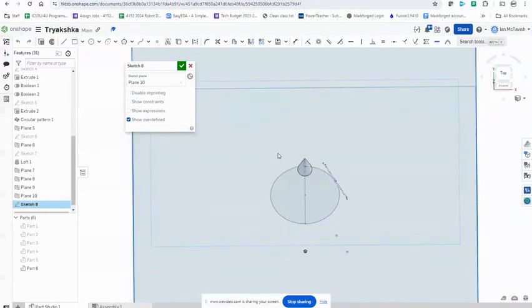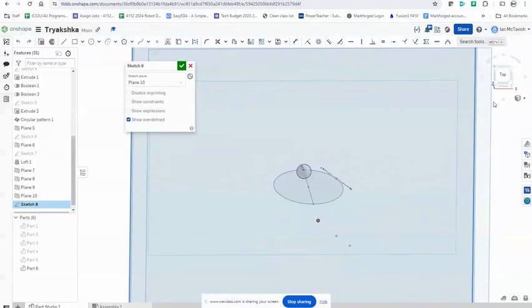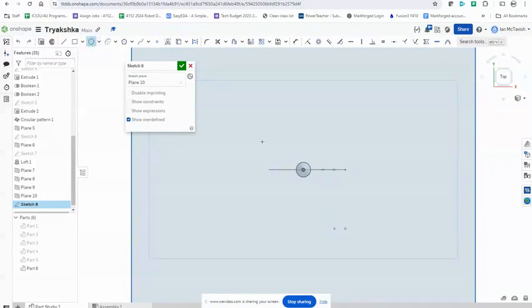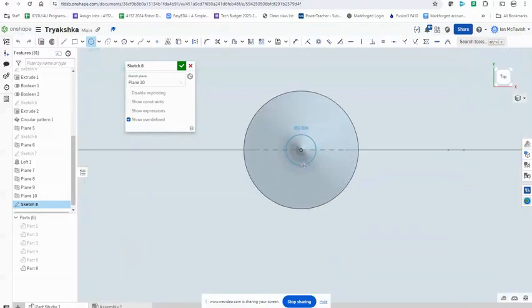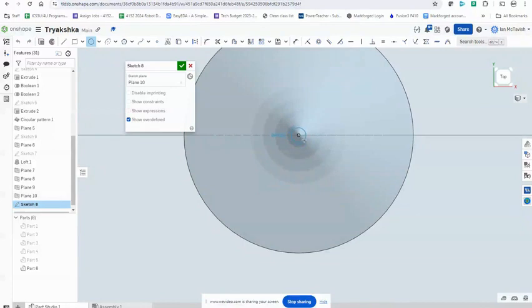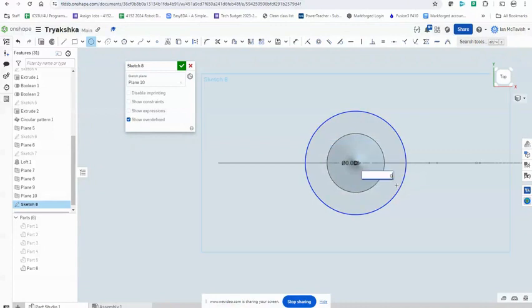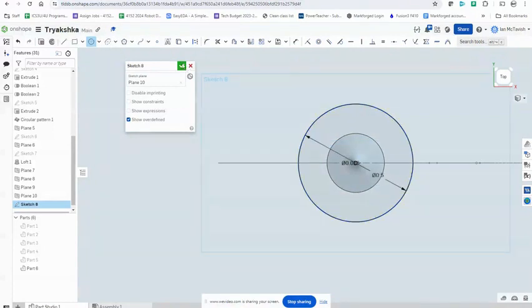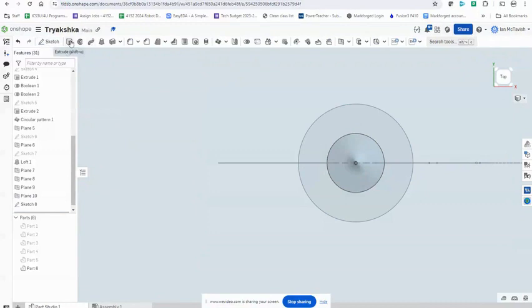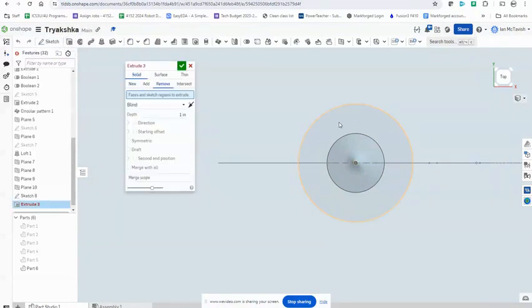and what I'm going to do is just do a really small circle there, and then a bigger circle that's much bigger than everything. And using that, I'm just going to remove